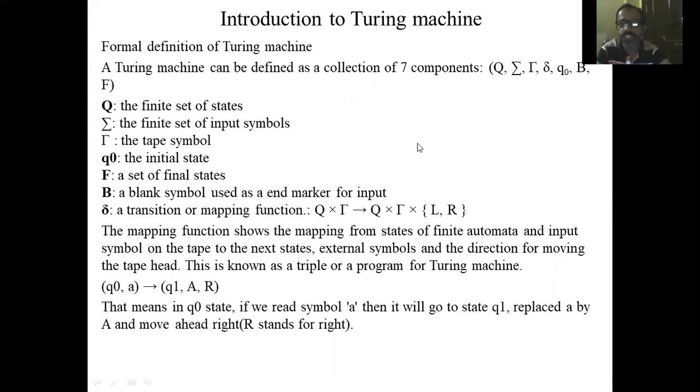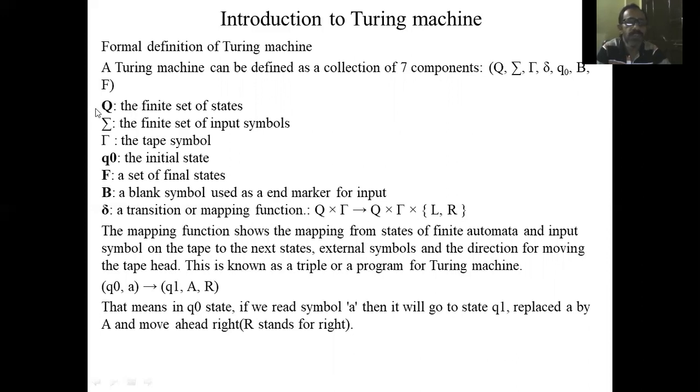Once you store the input onto the tape, all the remaining cells are filled with B, meaning blank. B is also used for identifying the input limits. The starting and ending points of the input are recognized because the left side of the input is B and the entire right side of the input is B. B is used for identifying the input as well as filling all the blank spaces.